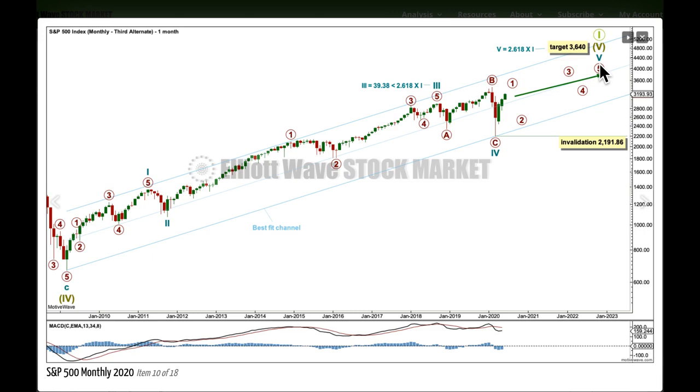The target for the final end to this wave count would best be calculated at primary degree, but I can't do that until primary waves 1, 2, 3 and 4 are all complete, and then I know where primary 5 may start, and I can use ratios between 5 and either 3 or 1 to calculate the final target. Pretty obviously I can't do that yet. I can only calculate it at cycle degree, and so I have, but this target is provisional. It would probably change if this wave count turns out to be correct.